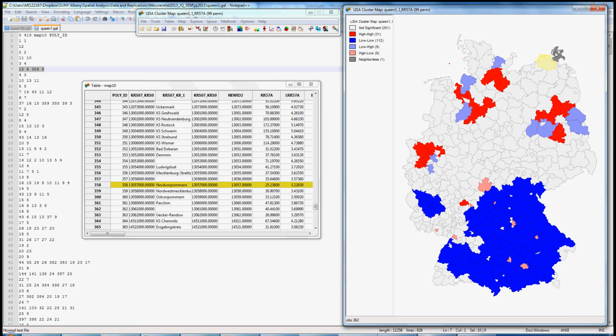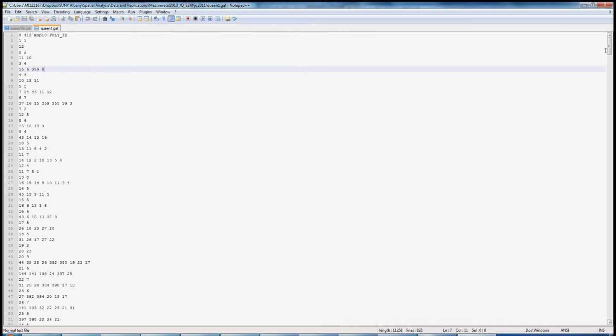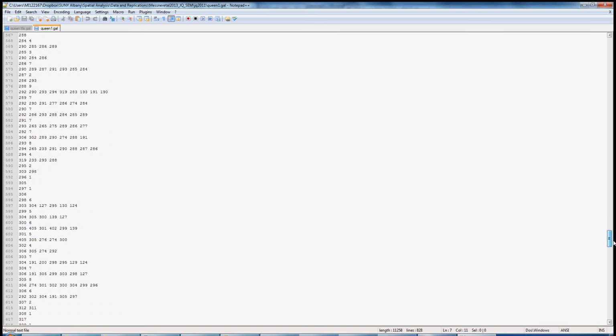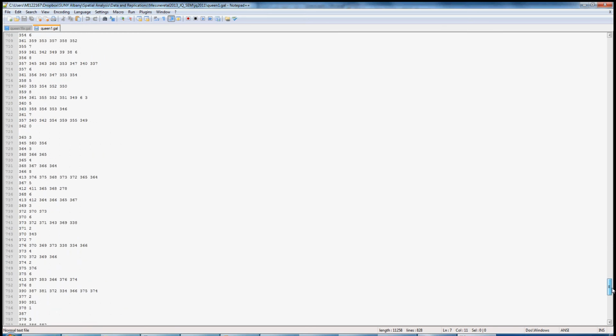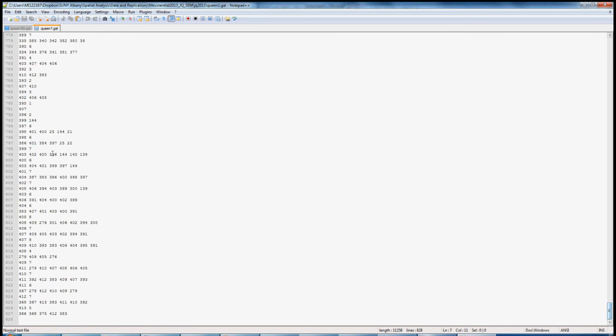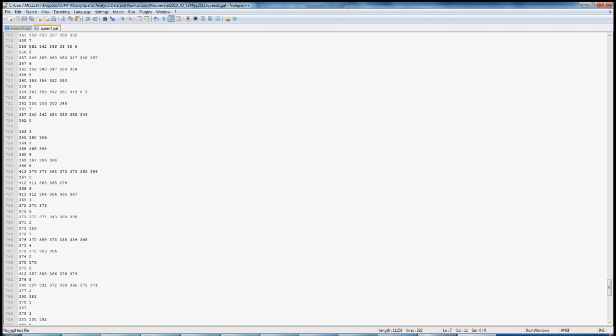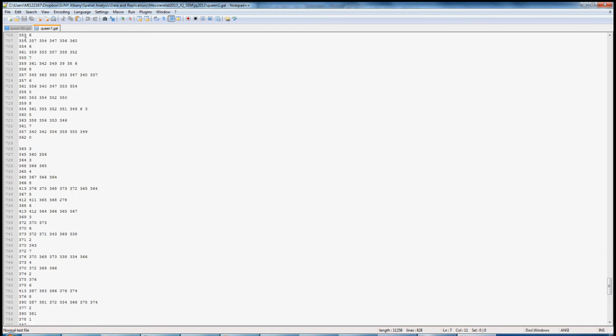So we want to make sure that there's a connection between 358 and 362, and that connection is symmetric. So let's go back to the weights file here and find unit 358 first. I'm just scrolling all the way down until we find unit 358. I've passed it now. So here is unit 358,